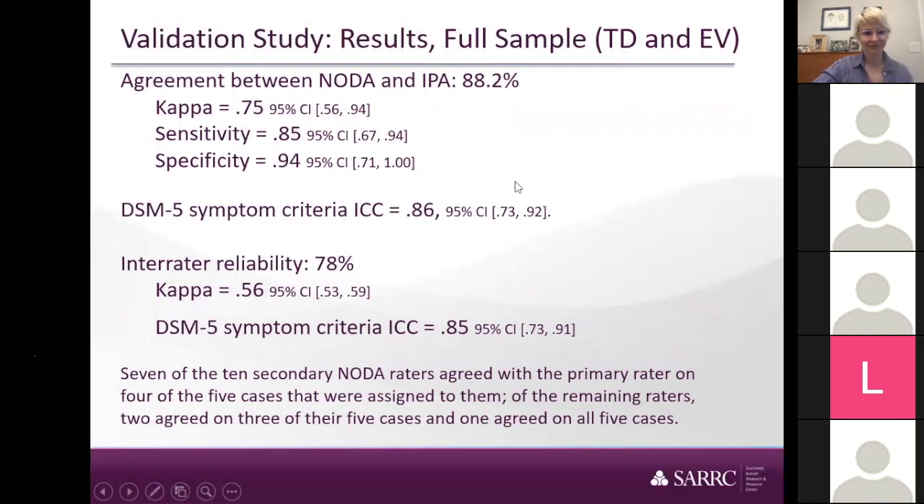So all 51 families. We saw agreement between Noda and IPA at 88.2%. Kappa was 0.75. Sensitivity was 85. Specificity was 94. ICC was 86. Inter-rater reliability 78%, kappa 0.56, and DSM symptom criteria ICC was 0.85. These are all very strong psychometric properties, right? So now remember, this is Noda as a completely independent